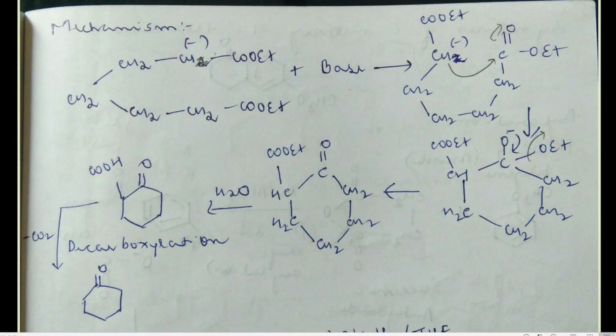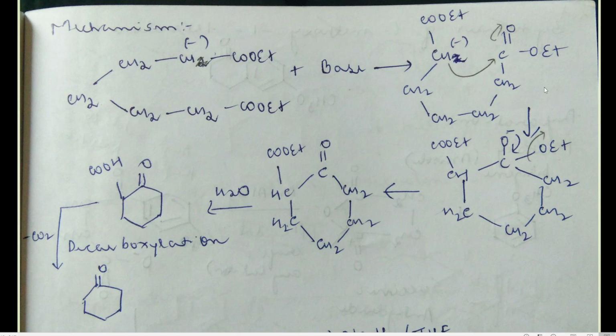Mechanism is the same as that of the previous one. So you will write it along with me, students. So write it. How is it? What is the first step here? Because this carbon is more acidic compared to this carbon, this will lose one proton. So this carbon will get a partial negative charge on itself. So it is CH minus, and the base takes up this proton. That is step number one.